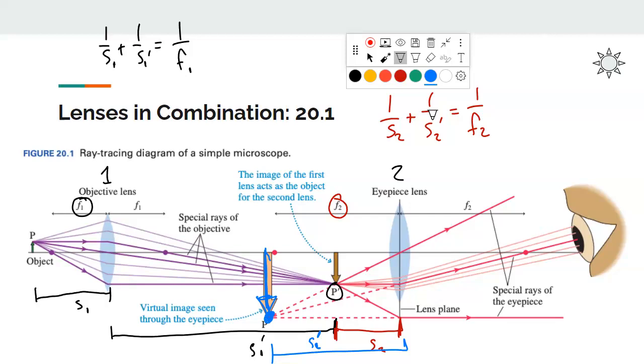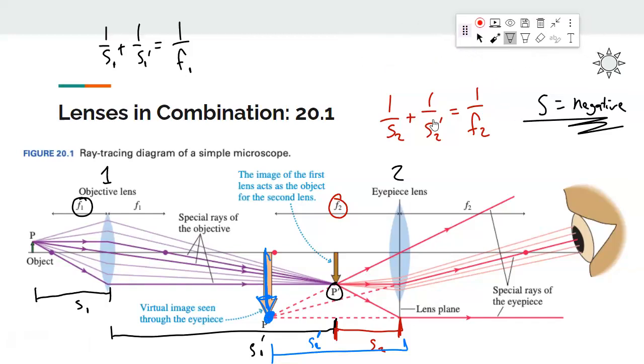But I want to add one more bit of detail that I alluded to yesterday, which is that the object length we tend to think of as only ever being positive. However, the object length can be negative if it's due to a lens ahead of the lens that you're interested in. So for example, in this situation,